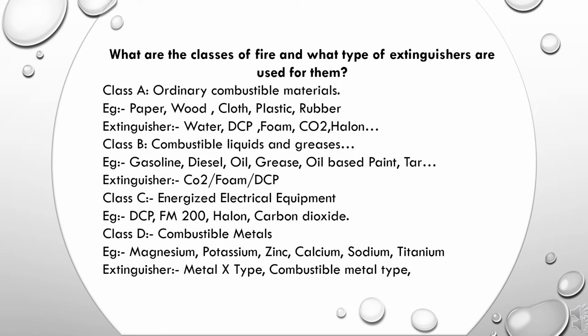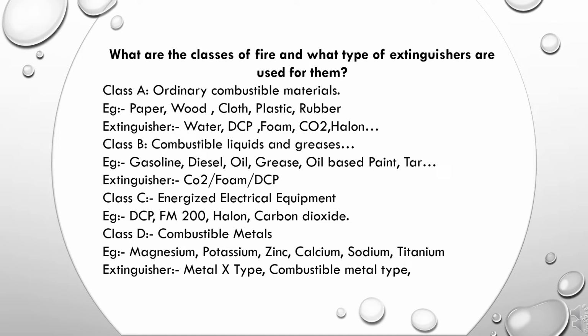What are the classes of fire and what type of extinguishers are used for them? Class A, ordinary combustible materials. Example, paper, wood, cloth, plastic, rubber. Extinguisher, water, DCP, foam, CO2, halon. Class B, combustible liquids and greases. Example, gasoline, diesel, oil, grease, oil-based paint, tar. Extinguisher,